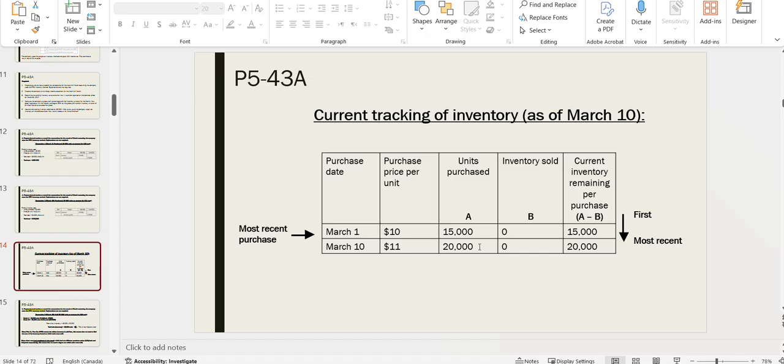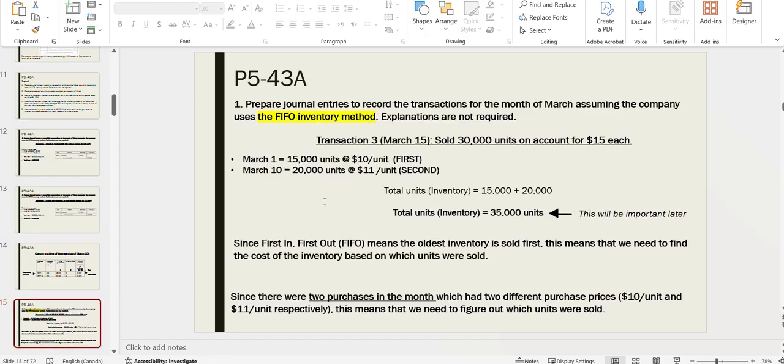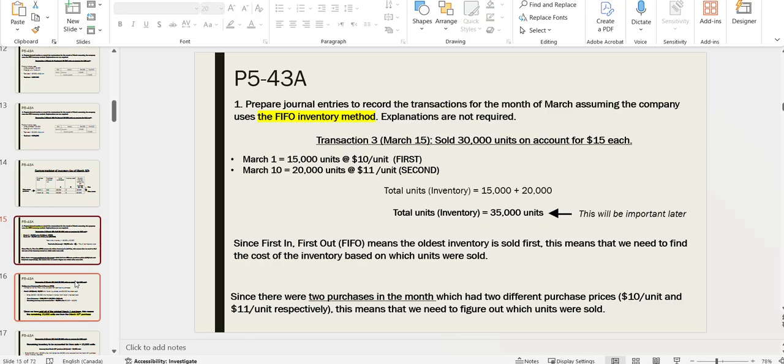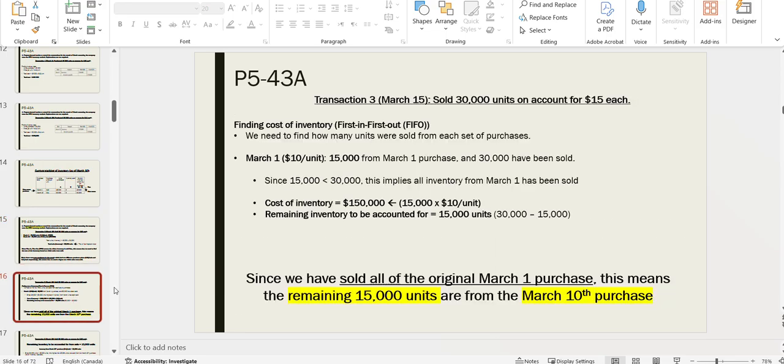What is remaining is 5,000 items, because we use these 15,000 items and another 15,000 from our second purchase to provide our sale of 30,000 items. So we can calculate our cost of goods sold